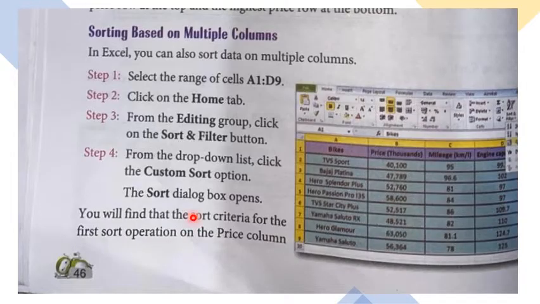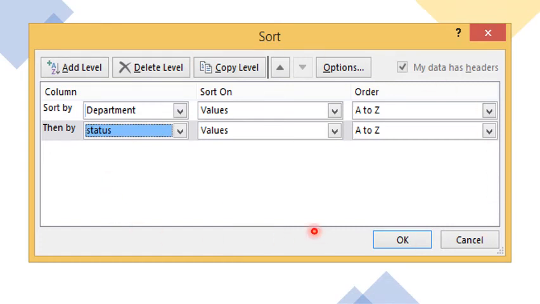Next topic is applying sorting on multiple columns. If you want to apply sorting on multiple columns, then how can we do this? Again, using the custom sort option. Firstly, you have to select all the data, click on the Home tab and then Custom Sort. Your sort dialog box opens. This box will open. Again, first will be the same, Sort by.